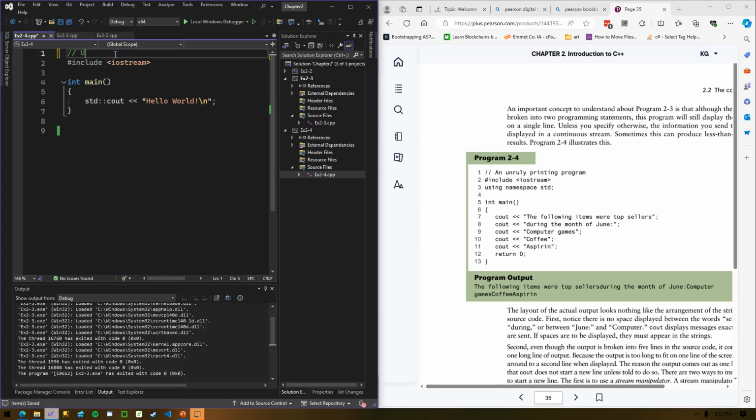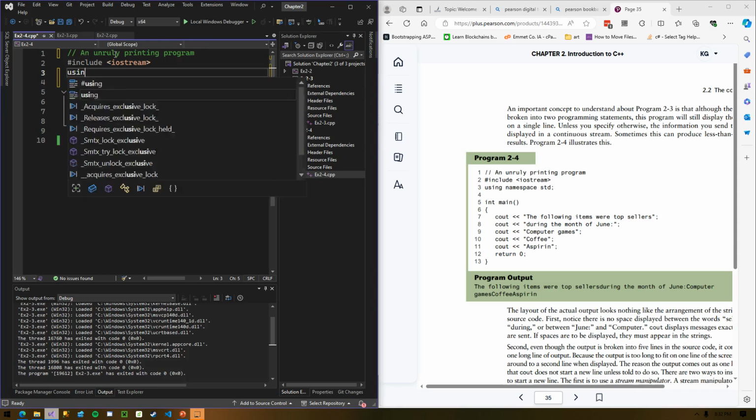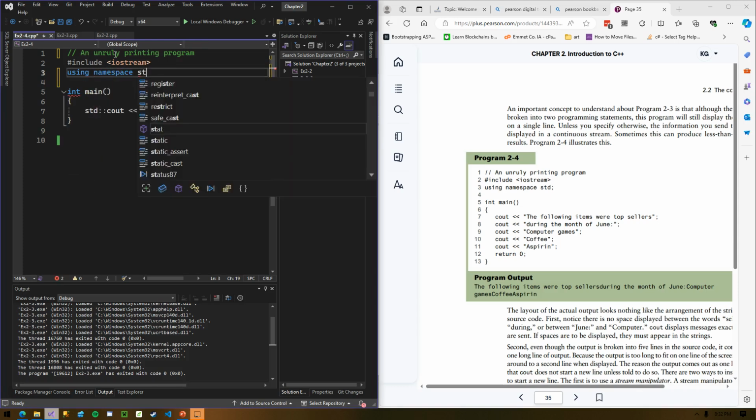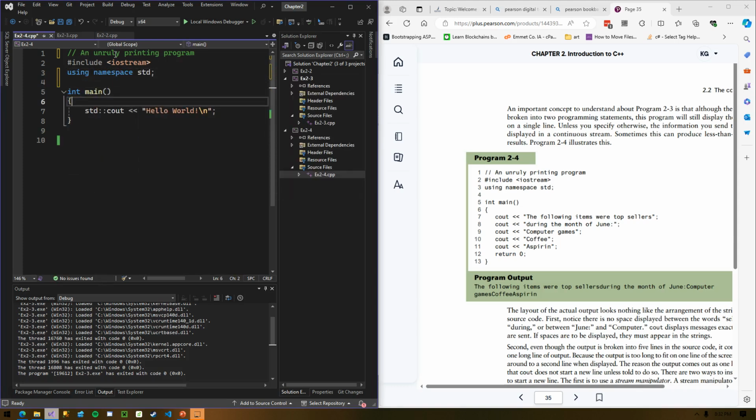This is called an unruly printing program. We've included our iostream. We're going to use the standard namespace. And here, we're going to see how to not output a bunch of text to the screen. So cout the following items were top sellers.